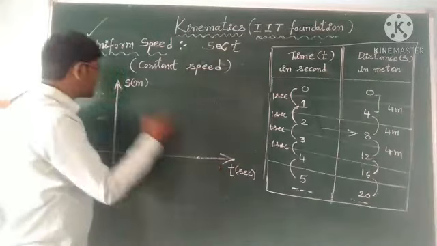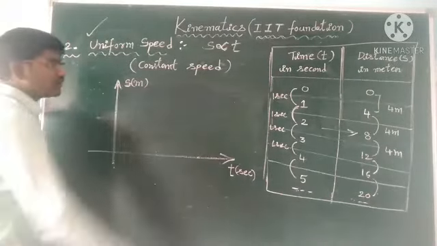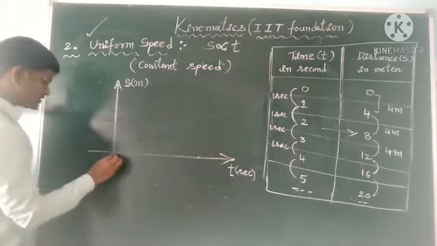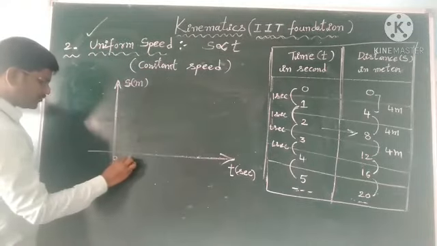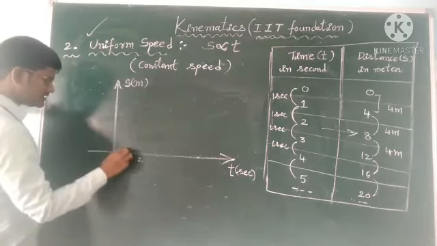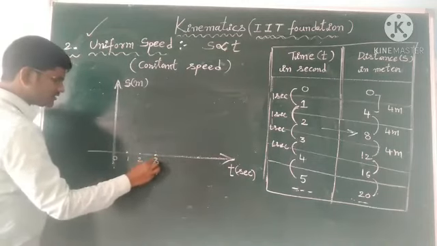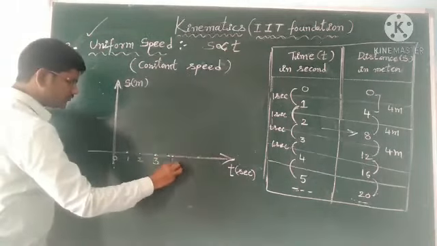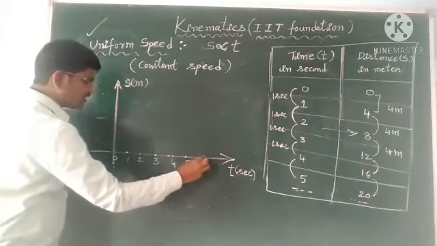Time on the x-axis, distance on the y-axis. Okay, now see students, this is 0 seconds, 1 second, 2 seconds, 3 seconds, 4 seconds, 5 seconds,